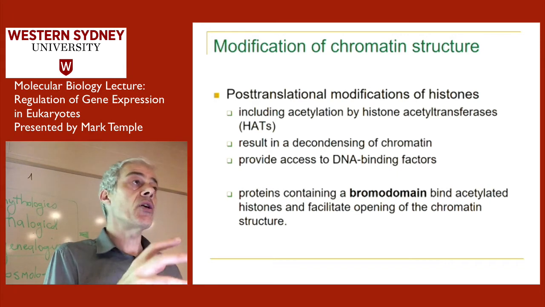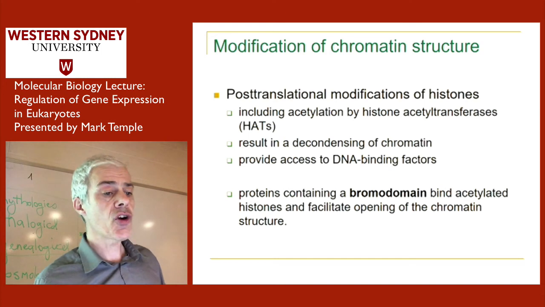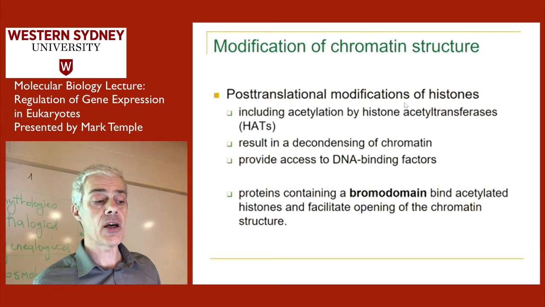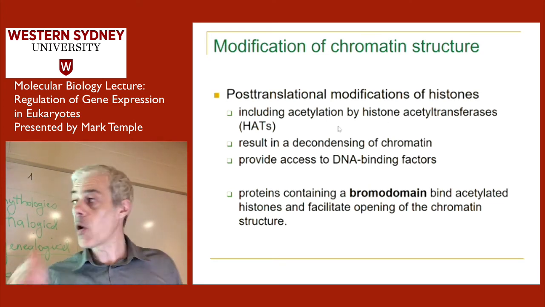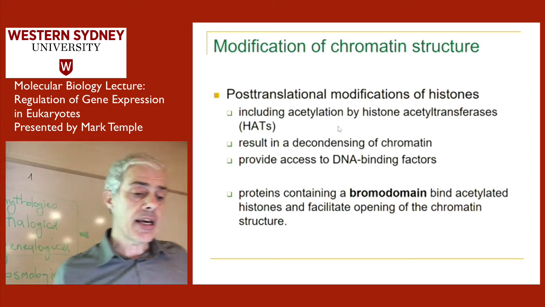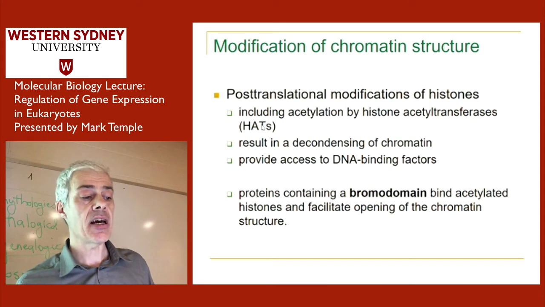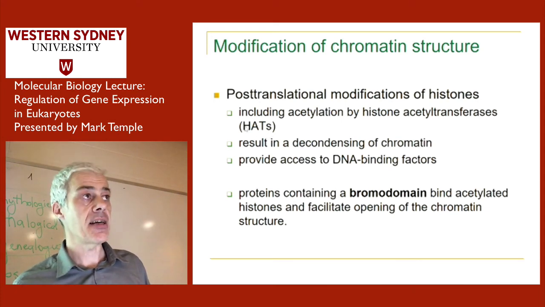So it's these basic side chains that we've talked about. We know histones are rich in lysines and arginines, and part of controlling chromatin structure is by modifying these lysines and arginines that are in the histones. So one of the enzyme activities that's involved in this process is something amusingly called a HAT, okay, a histone acetyl transferase. So these HAT activities, okay?